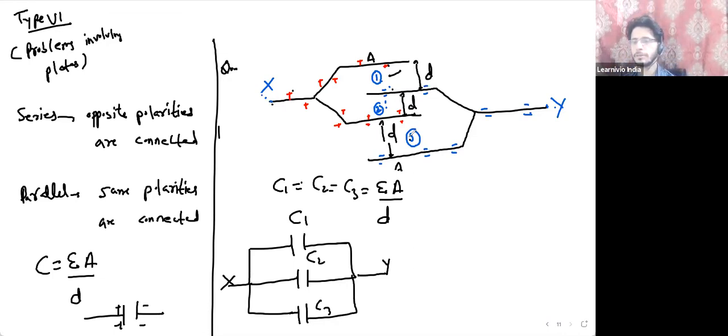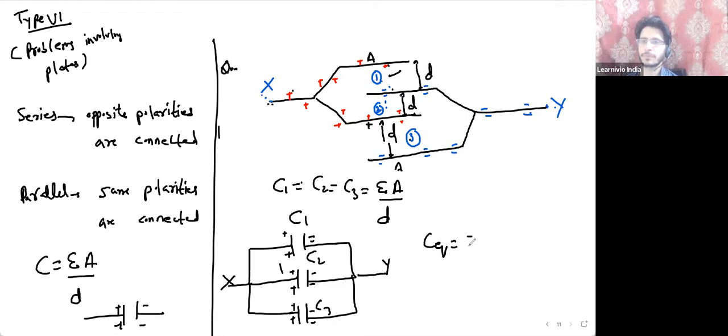And what about the positive of the third, connected to X? Yes, this is the third capacitor. This is its positive plate. Where is it connected? X. What about the negative plate here? This is the negative plate of the third capacitor. Where is this plate connected? Y. Negative of the second, Y. Negative of the first, Y. So all negative plates are at Y and all positive at X. So what type of combination is this? Parallel combination. You can calculate C equivalent as